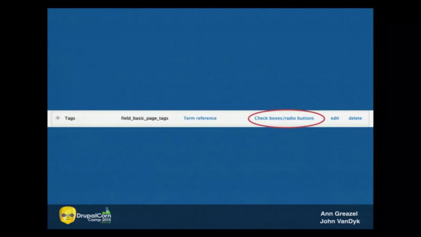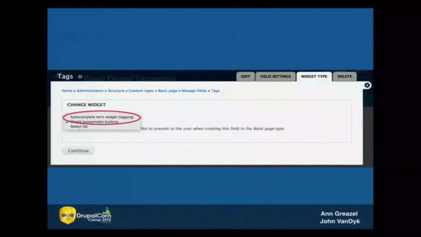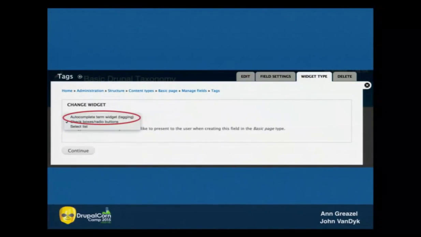We go to the checkboxes and radio buttons button and change it to say autocomplete term widget. Okay? So that's how you can make that happen. So you can change it from the radio buttons to now open and free tagging.